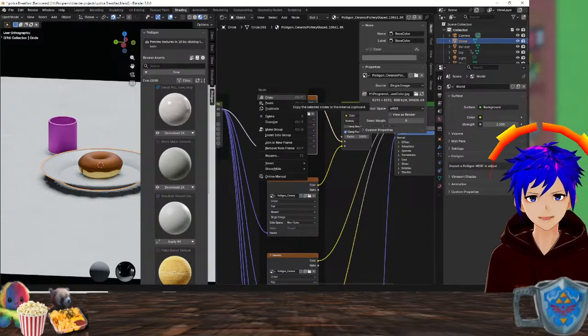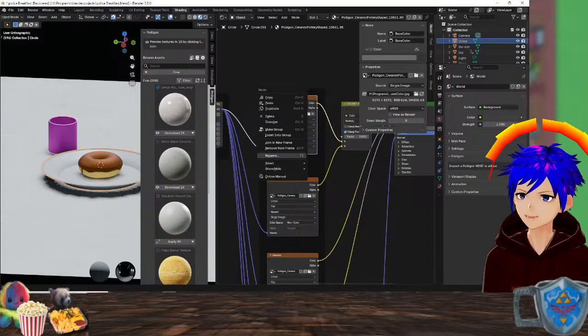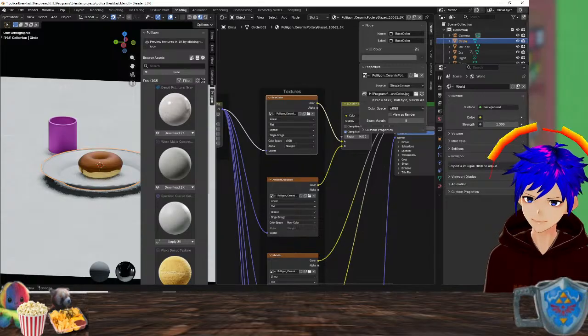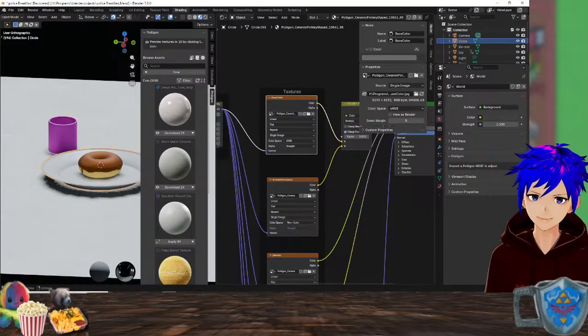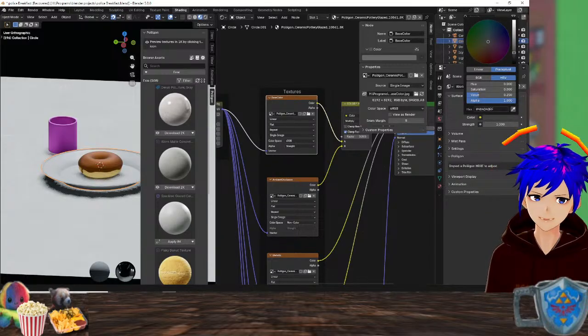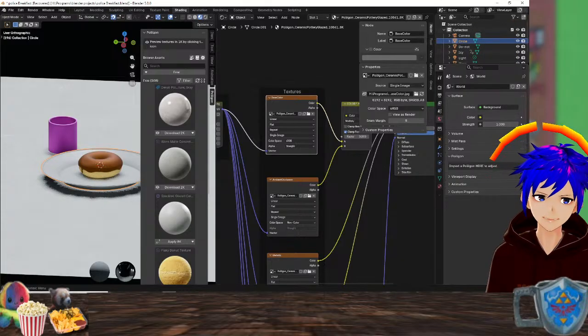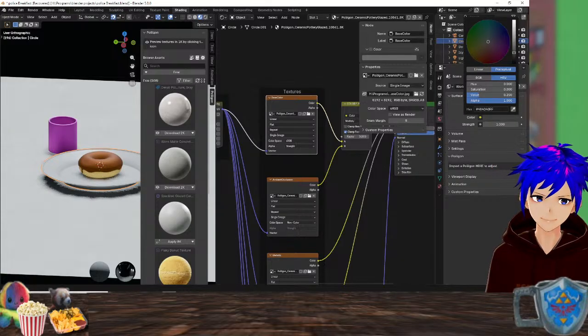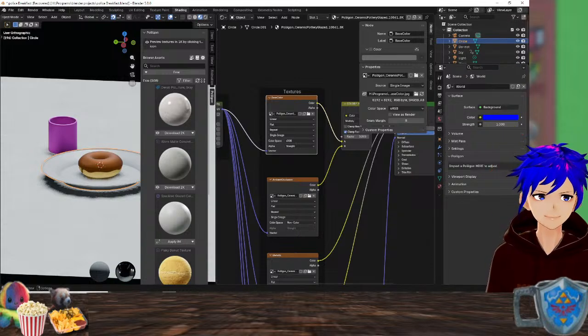Okay, what if I'm removing that texture and I keep your color normal? Surface doesn't work the way I want to, which is a little bit depressing.